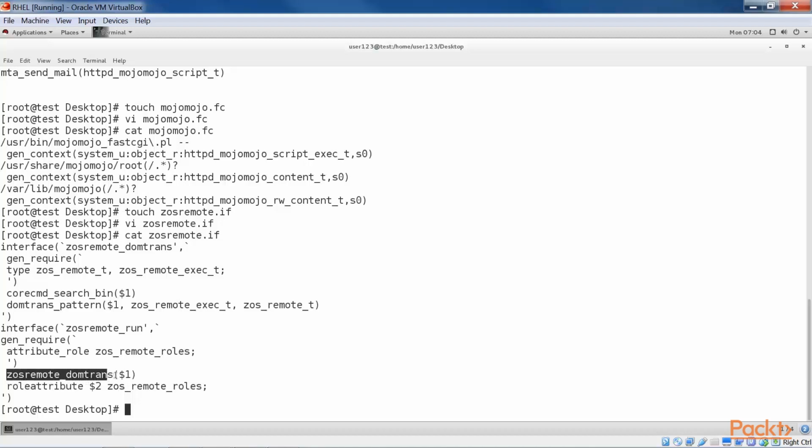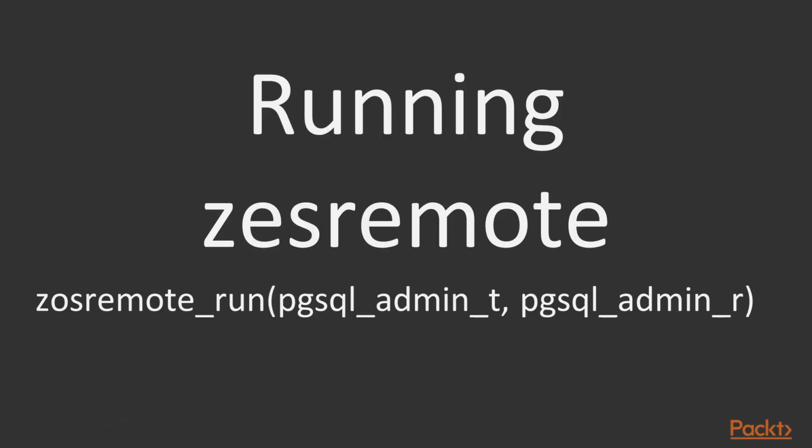Here the difference lies with the use. zosremote_domtrans will be used for transitions between applications, whereas zosremote_run will be used for users and user roles. For instance, to allow our PostgreSQL user to run zosremote applications, we need to include the SELinux policy rule code in the